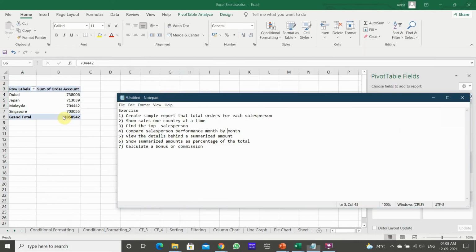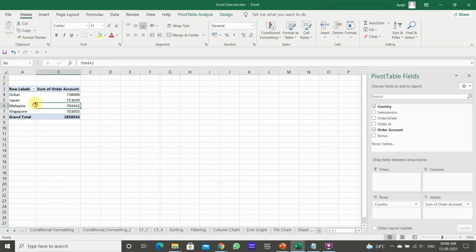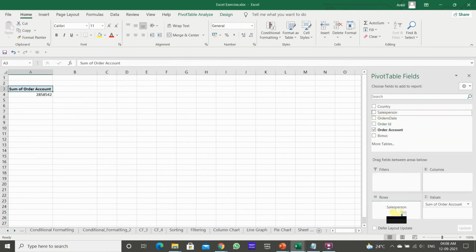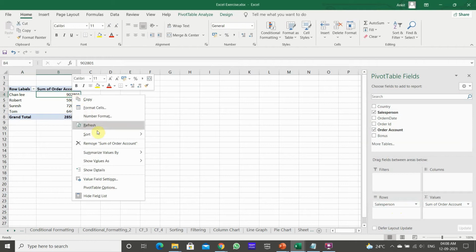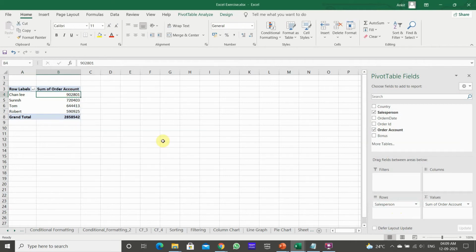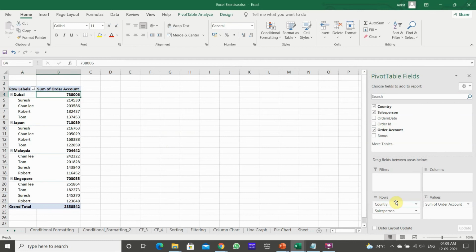Find the top salesperson in terms of the order value. You can take the salesperson, put it on the row, and if you want, just right click it, go to sort, the last one. So Chanley is the top salesperson in terms of value. If you want to find out country wise, let's take the country and put that here.